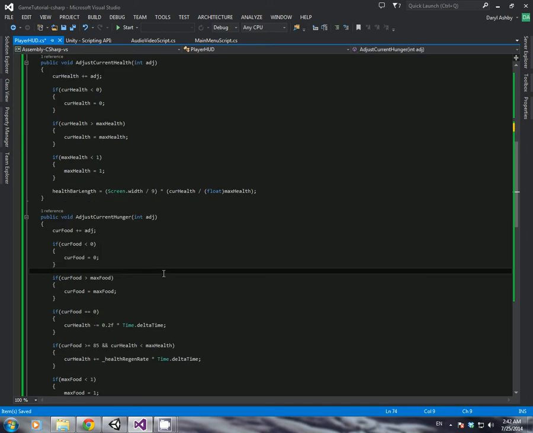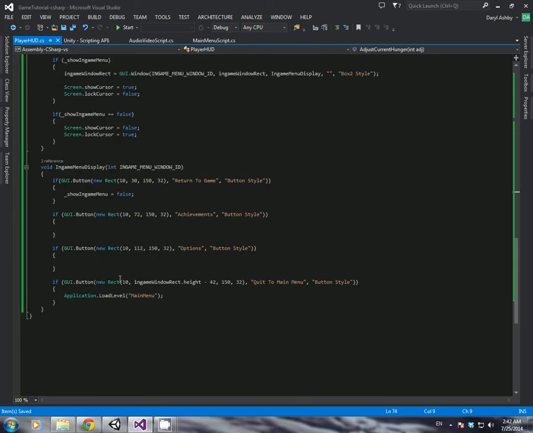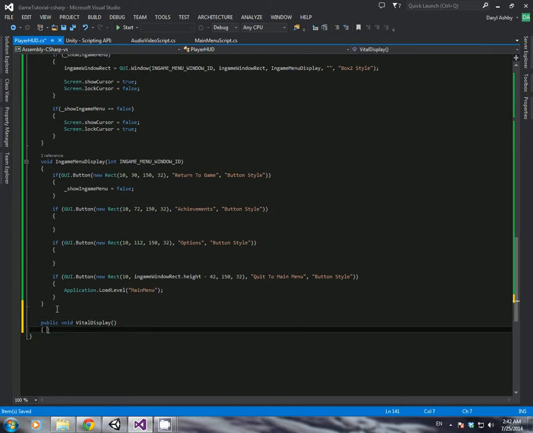And now we're going to draw the vitals. So what I'm going to do is I'm going to come down here, and we want them displayed on the screen at all times, and we're going to do a box behind. So what I want to do is we're just going to public void vital display. We will change this into a window because I have plans to do a toggle option in the options in-game, so you can make the HUD draggable so you can move it wherever you want. But for now, we're going to do